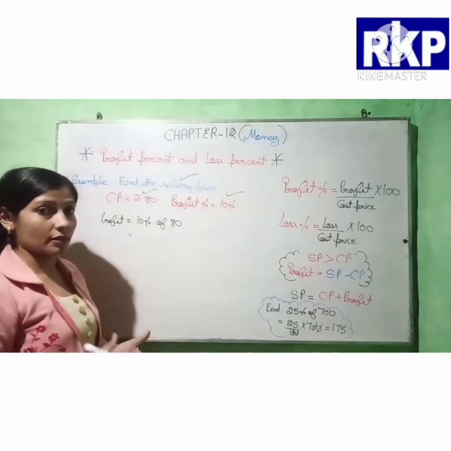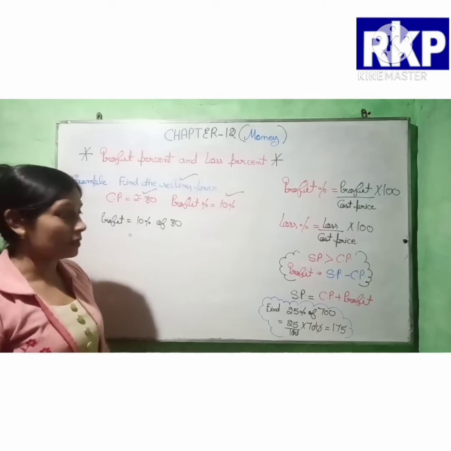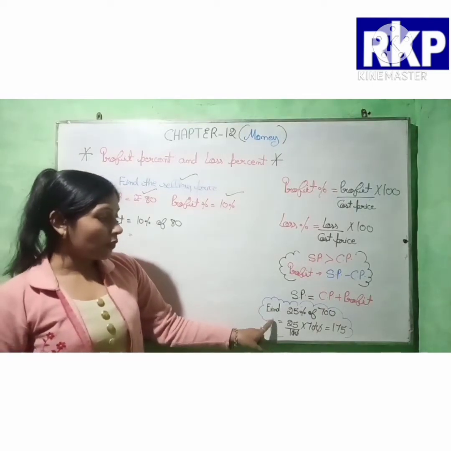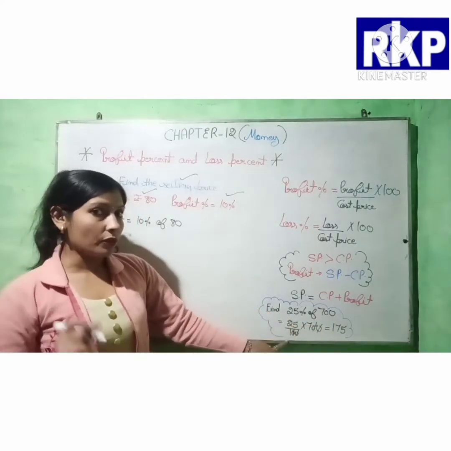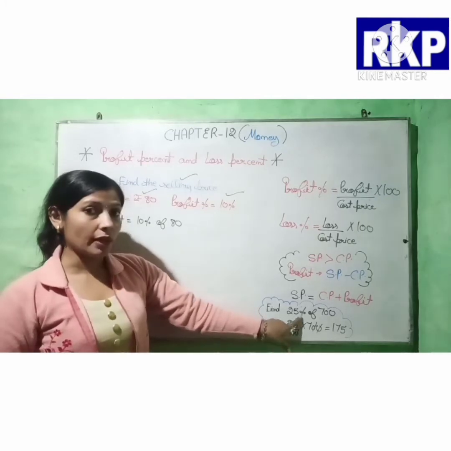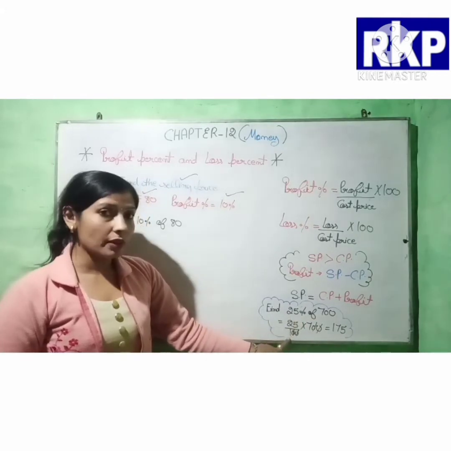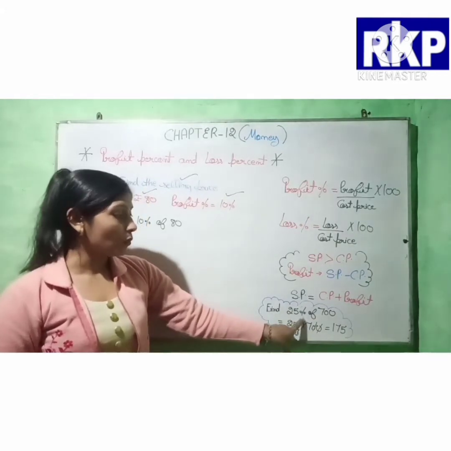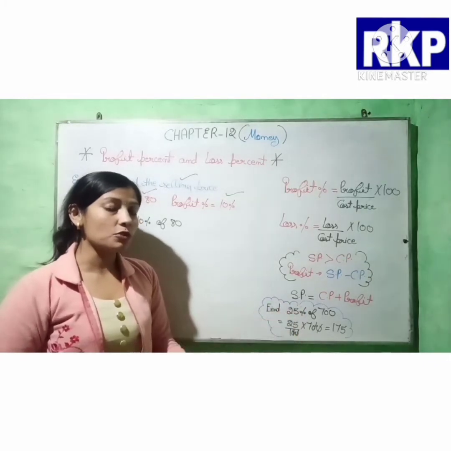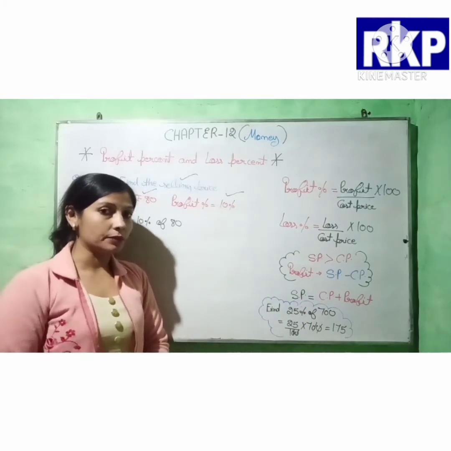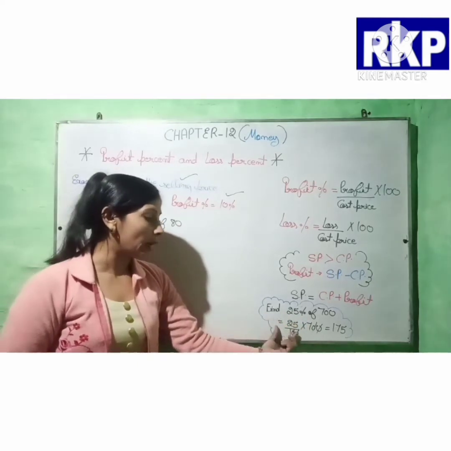We have already discussed questions like these in our chapter number 7, percentage. Here you can see, how can we find 25% of 700? First of all, we have to remove this symbol. And how can we remove this symbol? Yes, here we have to write 100 for this symbol as a denominator, because 25% means 25 out of 100.